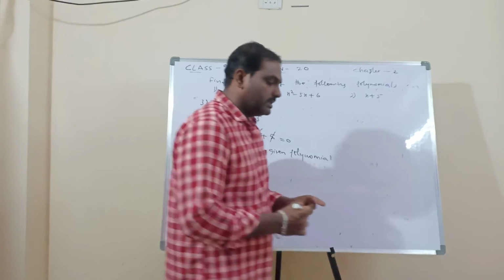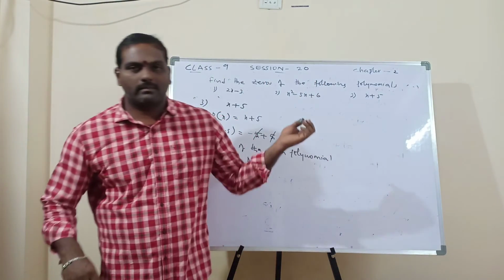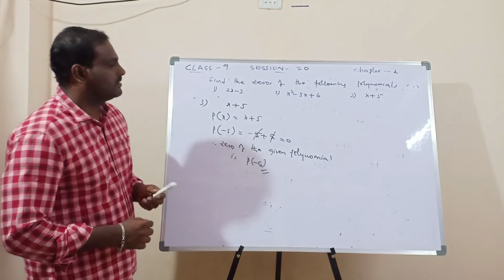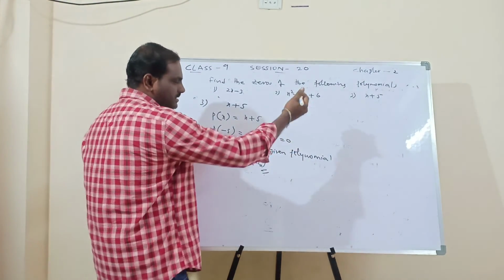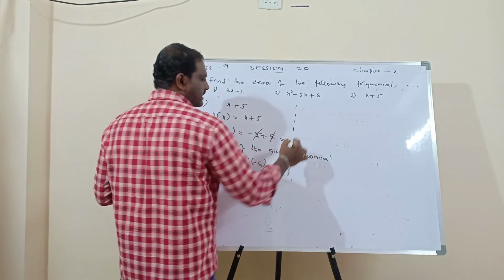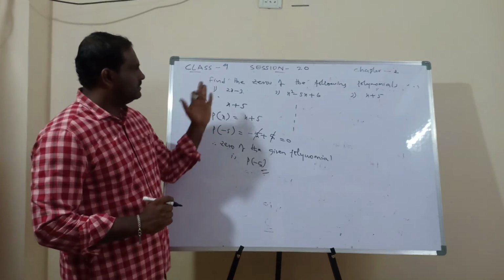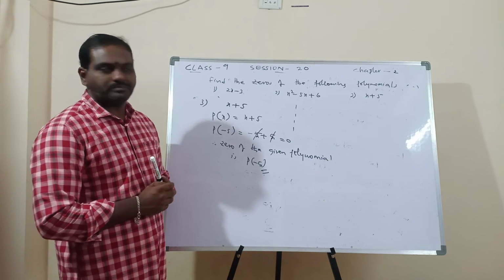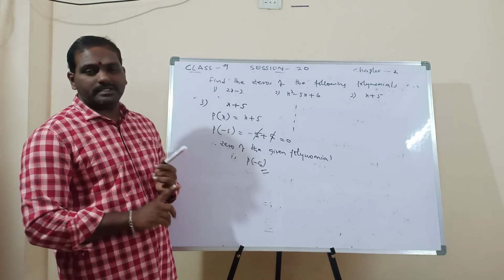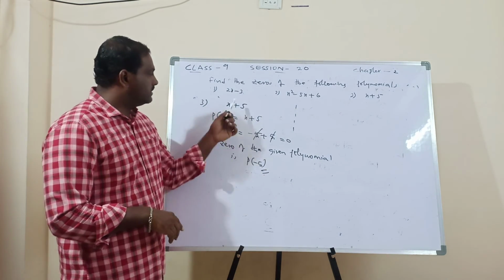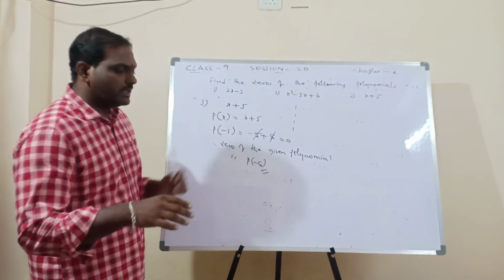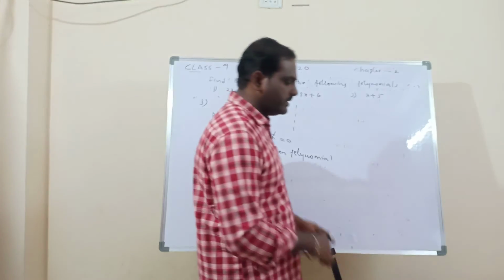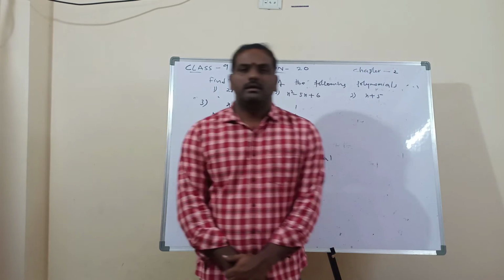So that's all. That is today's concept. Today's assignment is whatever I explained. I explained how to find the zeros of the polynomial, and I have explained some examples. Then after that I gave the definition of the 0 of the polynomial. Then some questions. So whatever I told today, that is your home assignment.